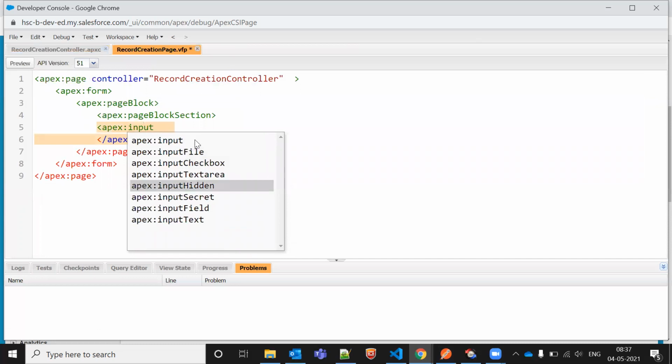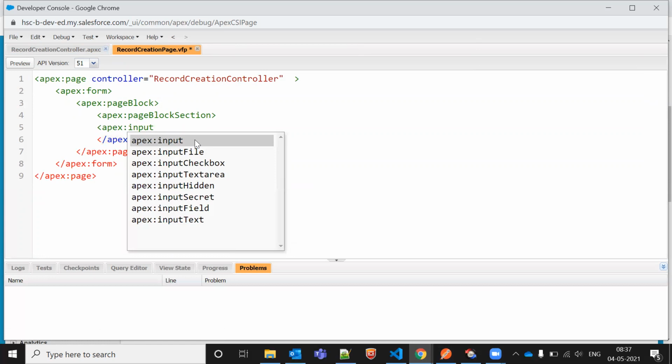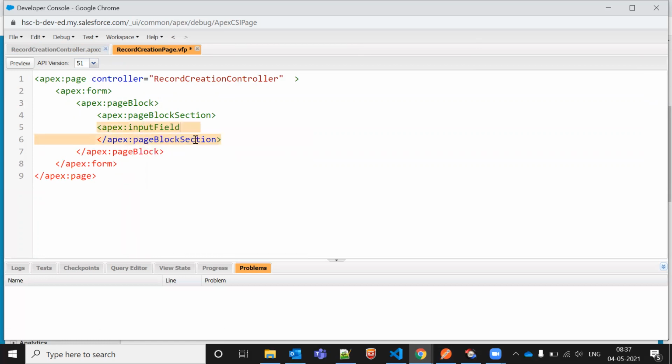If you are calling our Apex class, if you are calling our object field, in that scenario that would be the field. If you are putting some custom field, custom variables, let's say we are creating some calculator, in that scenario we'll use the input text.